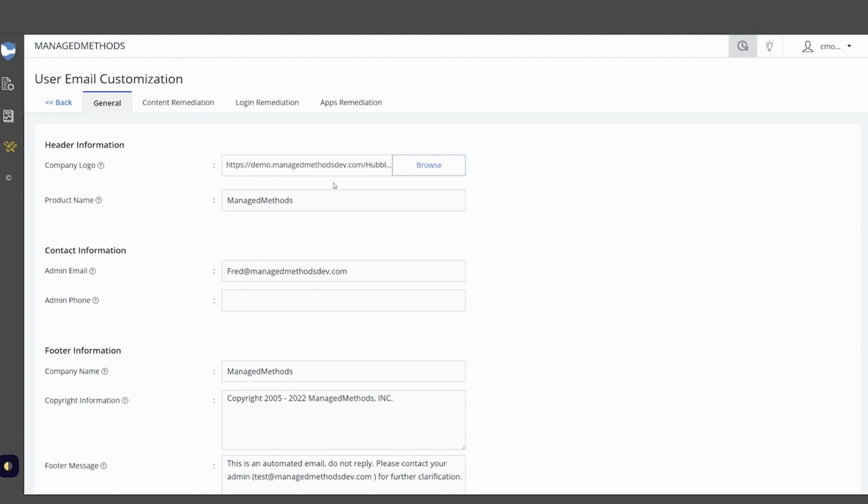By default, it'll be a managed method shield logo. You may want to go ahead and change that out. For your product name here, I recommend changing that to your district name or your organization name. For your admin email here, this is who they should contact if they've got questions about a violation email that they got, letting them know, hey, you violated this policy. If they've got questions, this is who they should email. A help desk can make a lot of sense there. If you have a support email address, that can also make a lot of sense as well too. So it goes into your ticketing system,